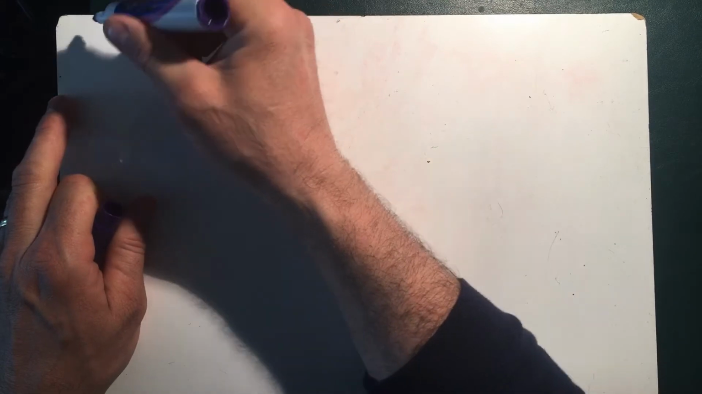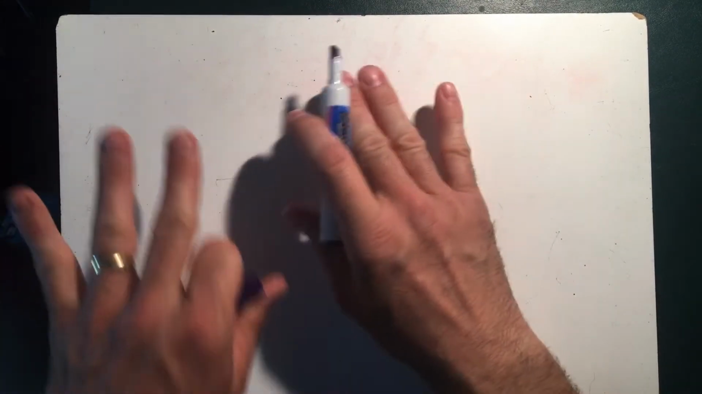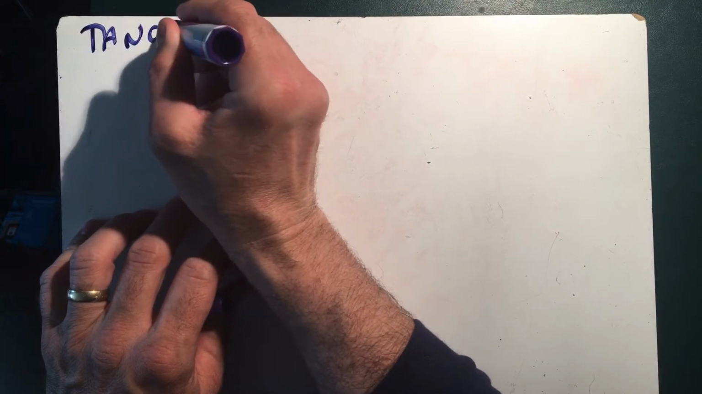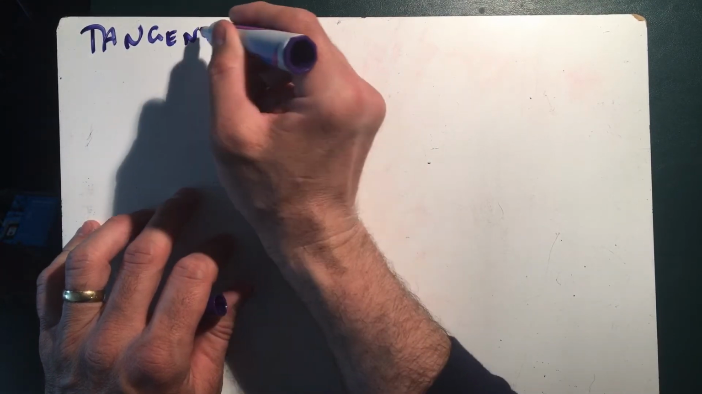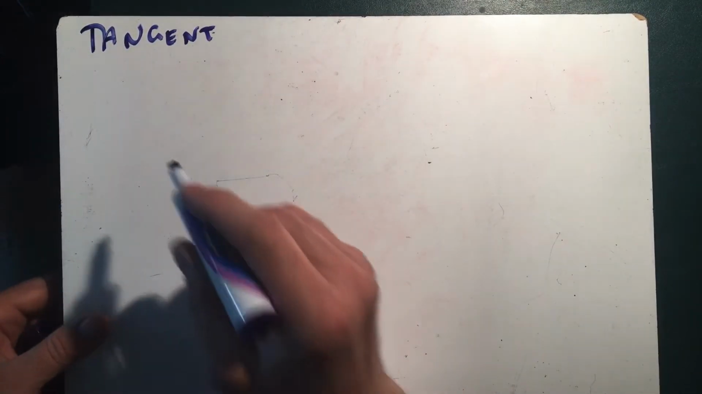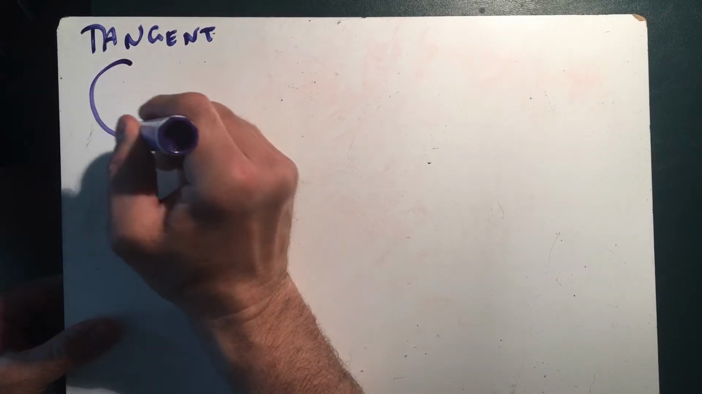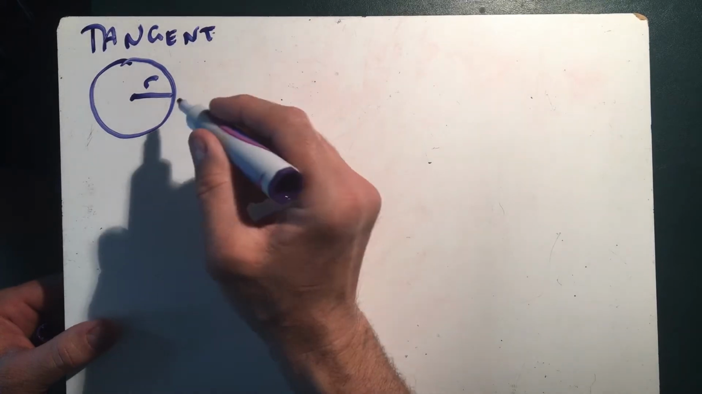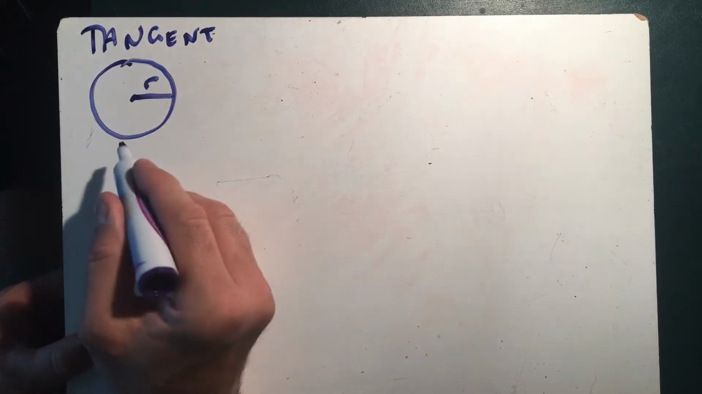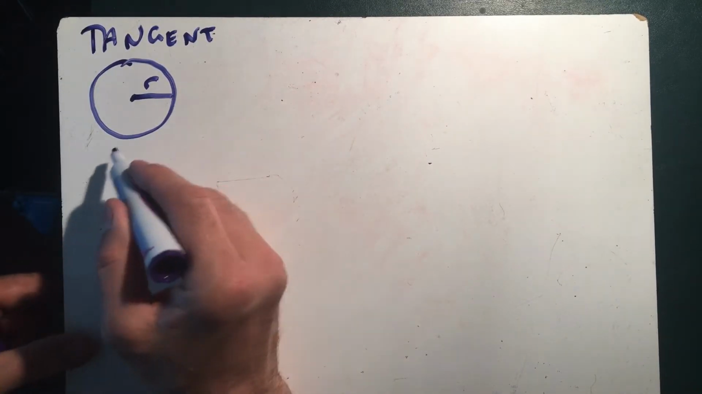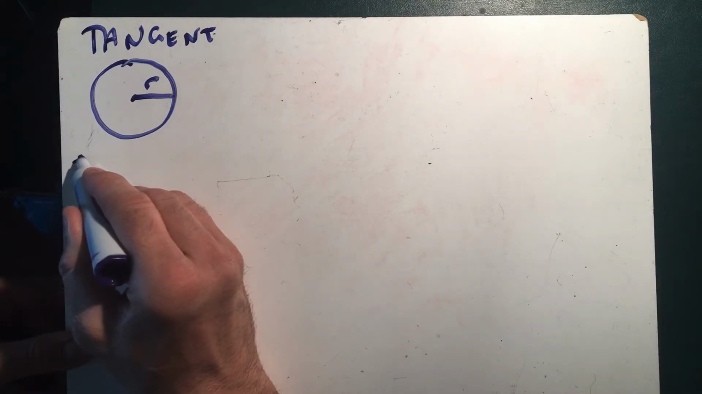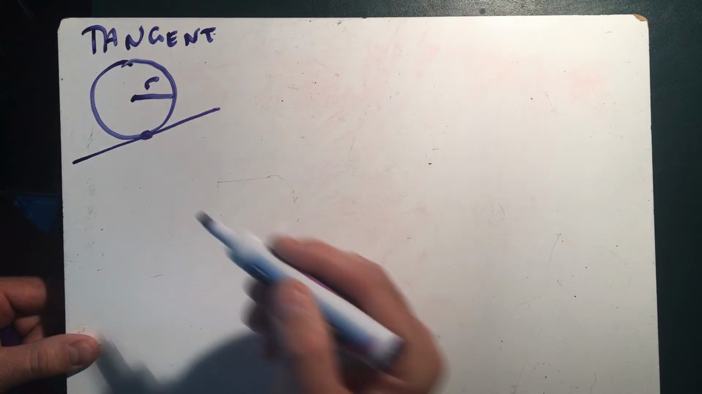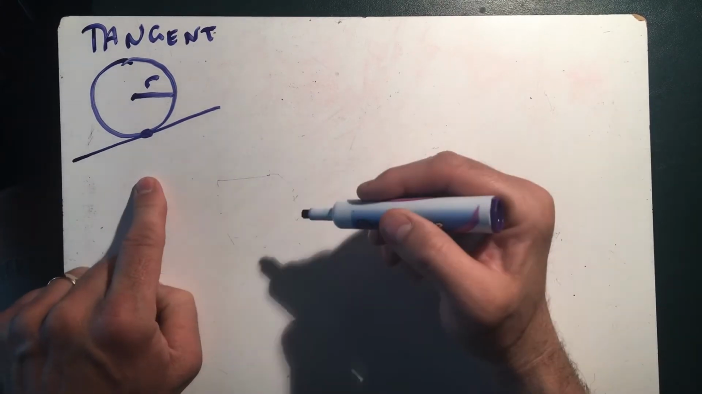Okay, so section 12.1 is all about tangent lines. A little review of circles real quick. There's your radius, of course. But did you know that a tangent line, which by definition is a line that touches a circle at just one point,